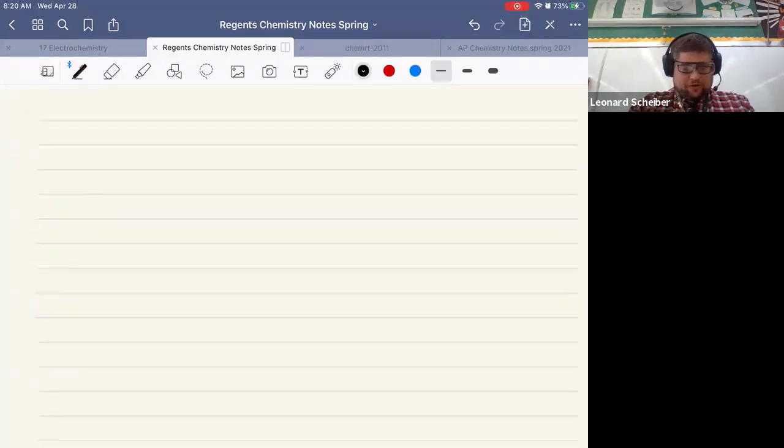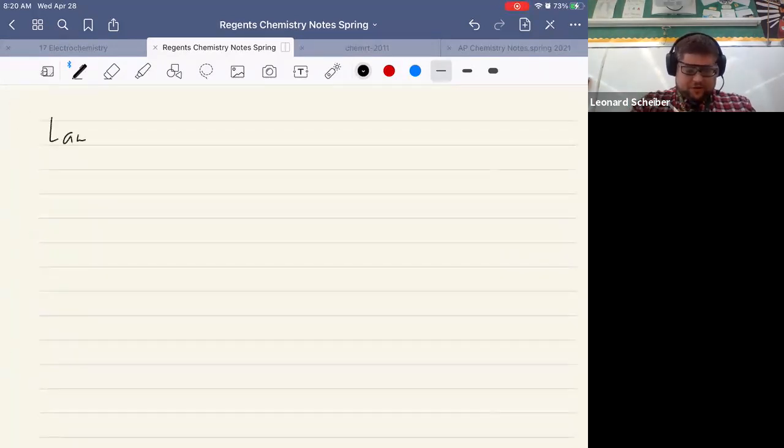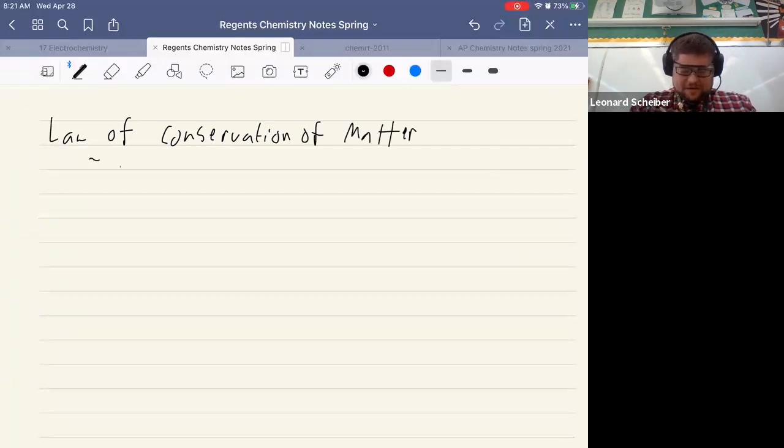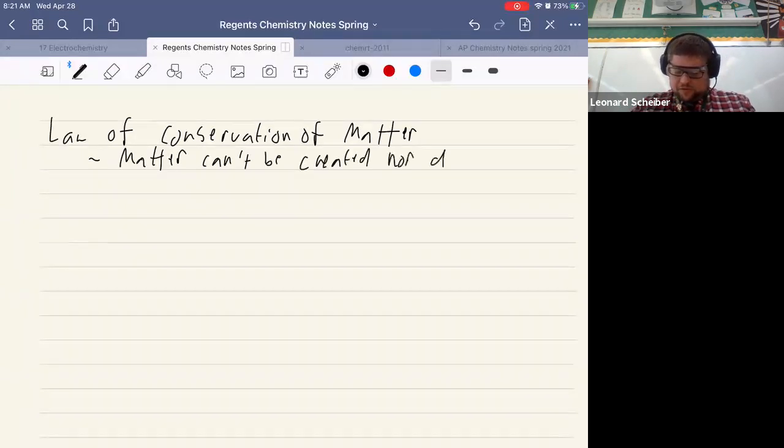See, hopefully you remember that the law of conservation of matter states that matter can't be created nor destroyed. So what we can do is we can use that law of conservation of matter to say that if